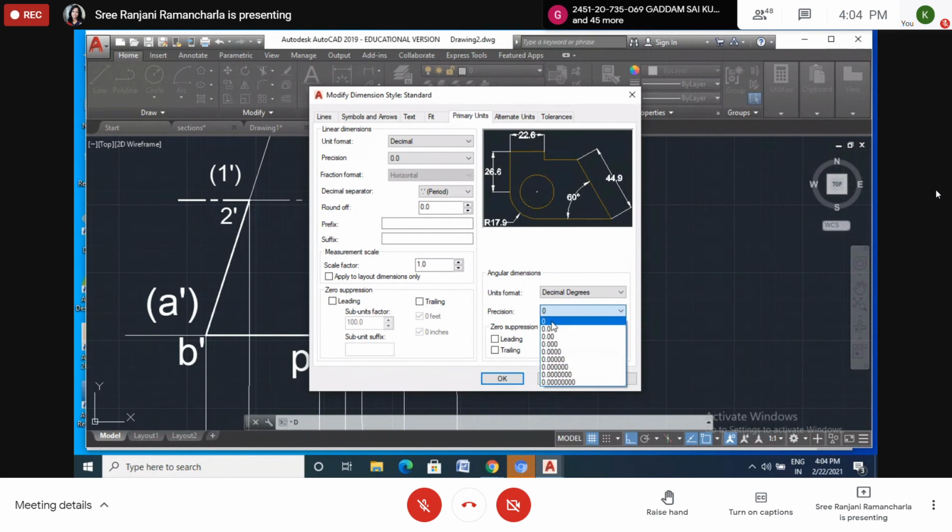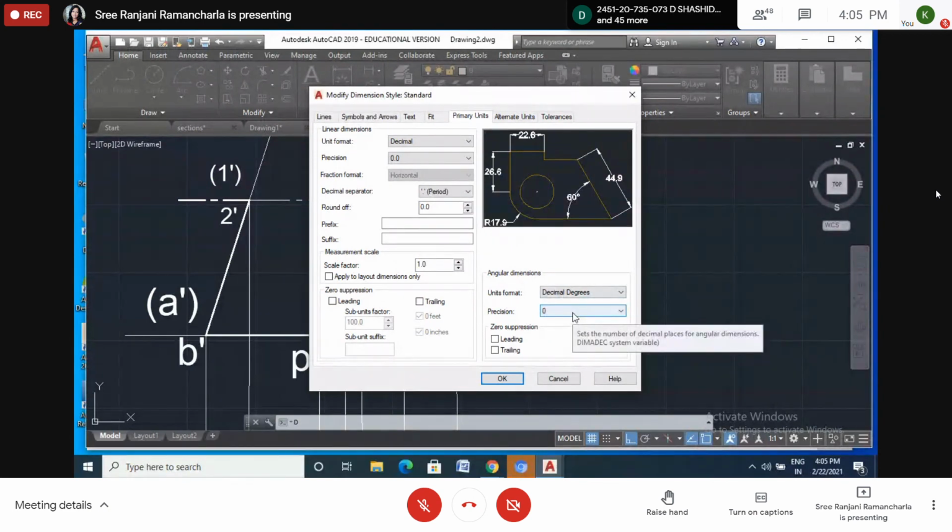If you take this one you will get error, so it will be better for this one. So I will take this one. Now see here, if it is exactly 60 it will show 60.0. If it is 59.9, and you put it in this one, it will show 59 and not 0.9, which means 1 degree is missed. So you have to show this one. This is very important.